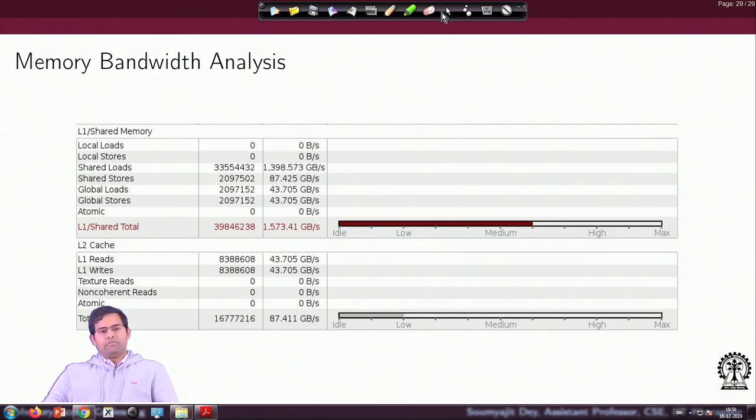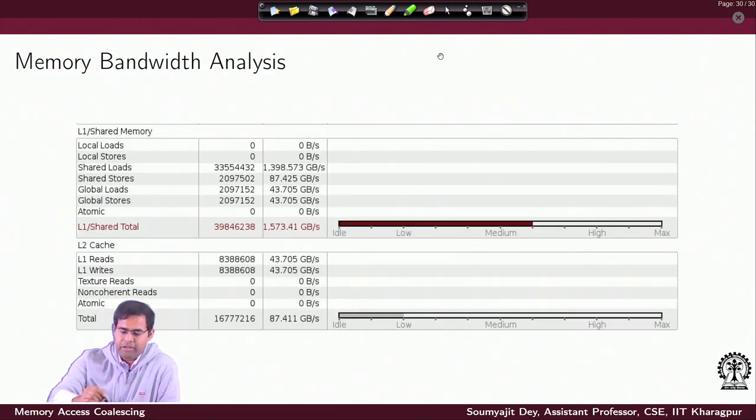For example, suppose I am trying to read or write in a column-wise way. That means all the threads in the warp are trying to write to or read from the tile's column, which would mean that in both read and write operations I am accessing the same bank, and that gives rise to a 32-way conflict. Now, this 32-way conflict is also something I would like to explore a bit. So, what do I really mean by this?